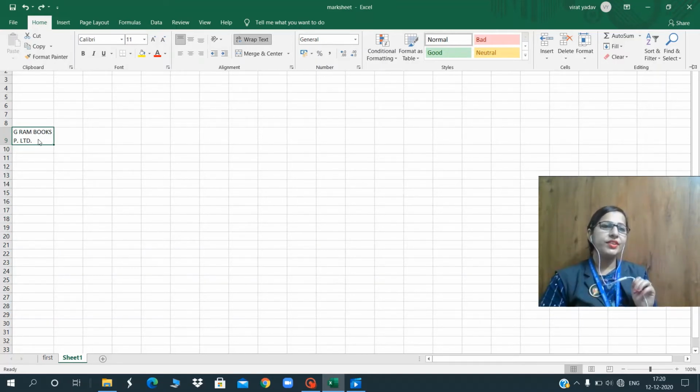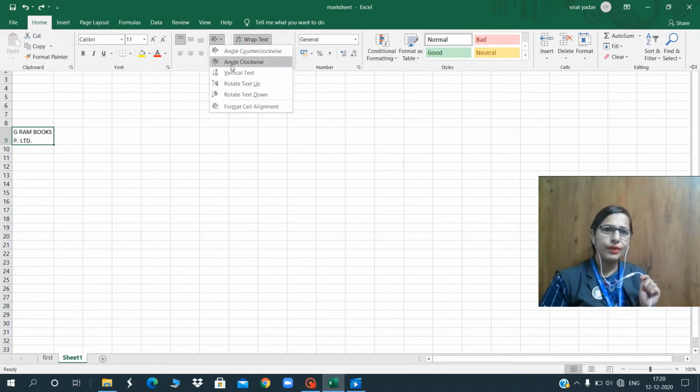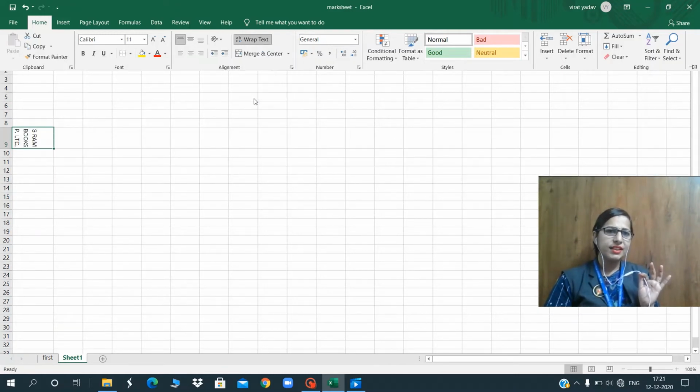Okay. Orientation means we can orient our text in a variety of ways. We can rotate our text in a variety of ways. Just select that text and go on Home tab. In Home tab, you can see the orientation option here in the alignment group. Click over here. As I click over here, you can see many more options. Just select according to your requirement. I want to rotate text down, so I select this. You can see the difference.